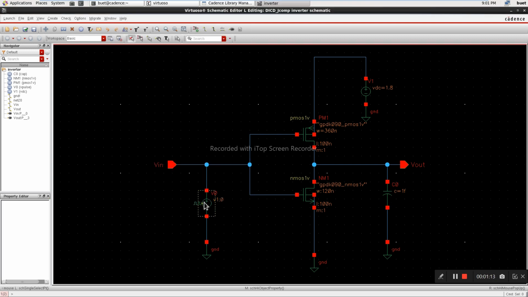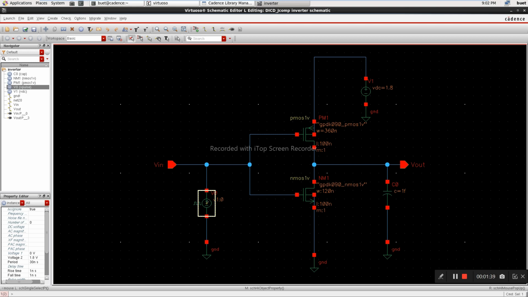Now they are saying we have to vary the input slope, right? Varying the input slope means, how can we vary the input slope? By changing the input values, no? Does the V in value change the slope, or what does it change?